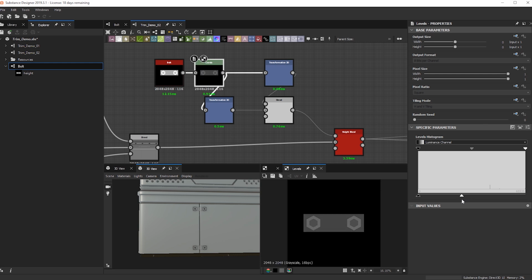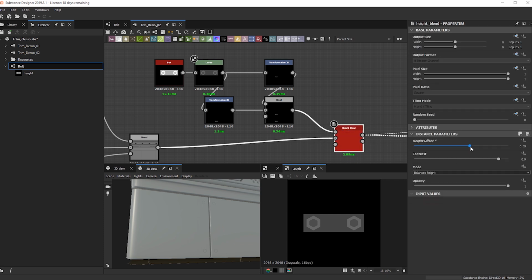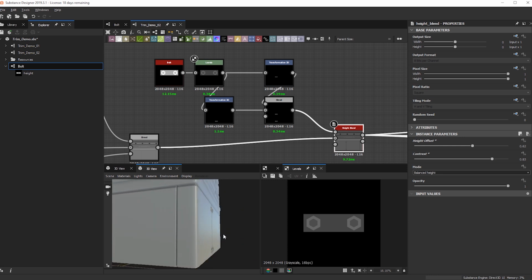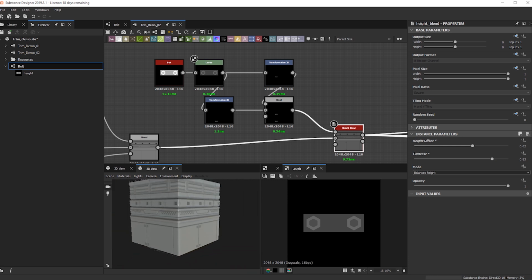So maybe if I bring it down like that, and then go back to the height blend and start bringing this guy up again, maybe right there, and then we could bring down the opacity as well. Yeah, that's somewhere pretty nice. Cool.